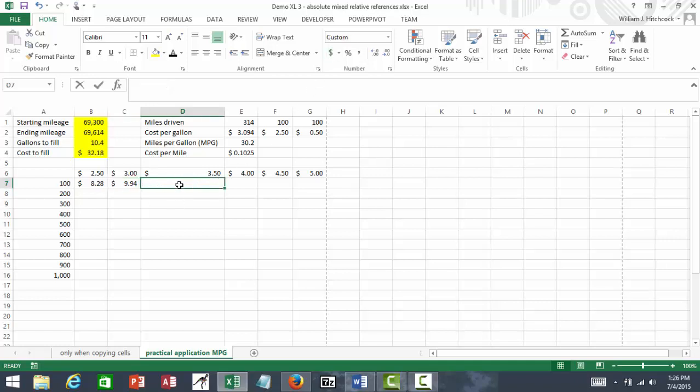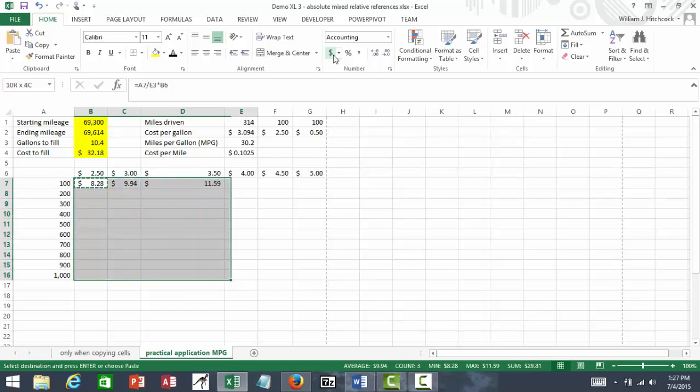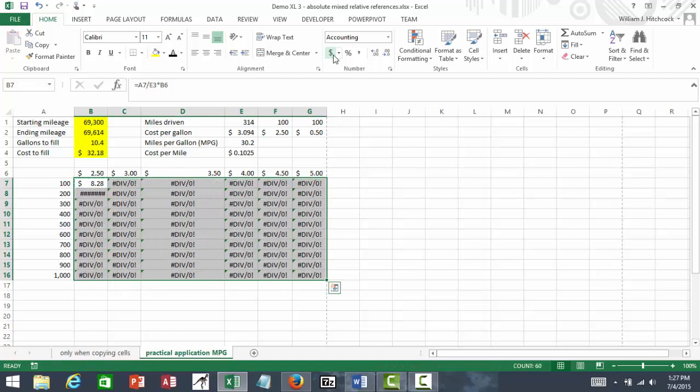Let's try it for 350. Equals 100 divided by miles per gallon times 350. Format that with a dollar sign. $11.59. And I could fill that formula out for all the rest of these cells. The only problem is it's kind of tedious to do it for this kind of a table. So instead, let's just try to copy this. Copy my formula, copy it down, down, down, down, down, right, right, right, right, right, hit enter, and I get